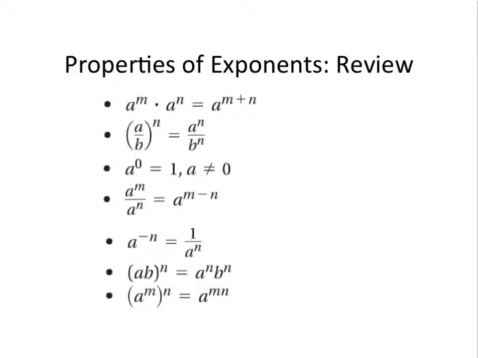Okay, the quotient of two powers that have the same base, keep the base, subtract the exponent. So it's like the product rule becomes a product of two powers, the sum of the exponents, the quotient of two powers, the difference of the exponents. Any value to the negative n, so a to the negative n, is 1 over a to the positive n. It's a reciprocal maker or an inverse maker, multiplicative that is. So a negative exponent, you can always take it, put 1 over, and put that base with a positive exponent